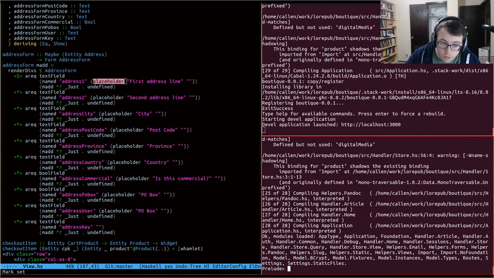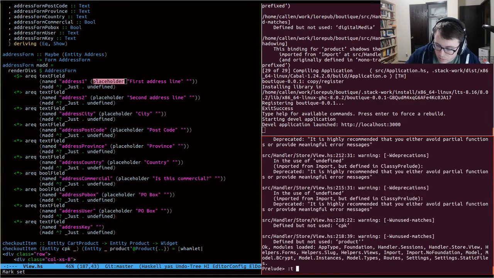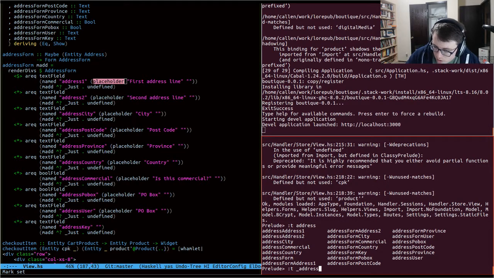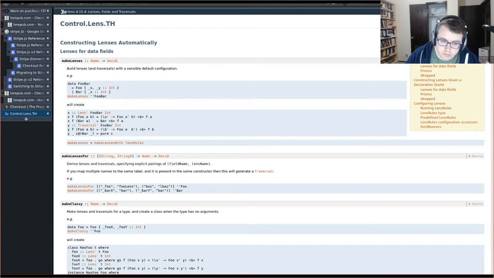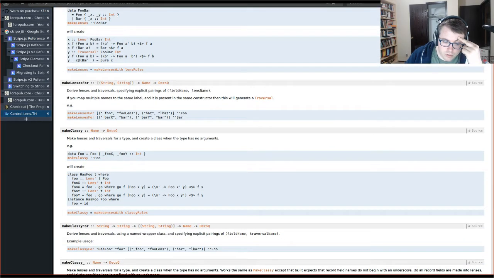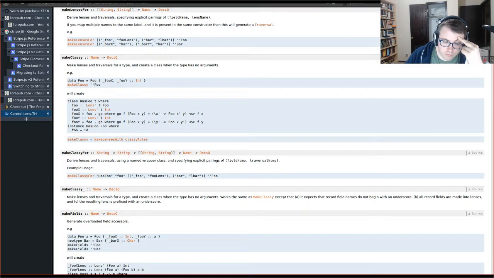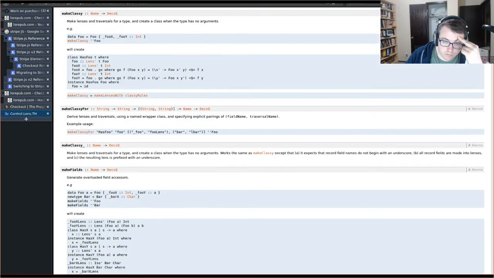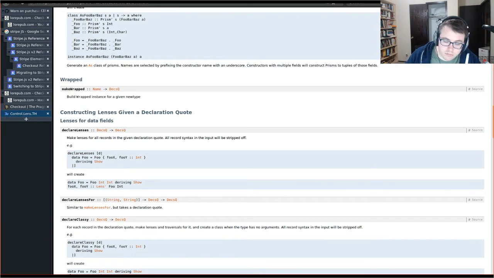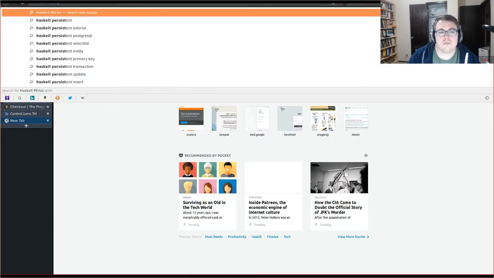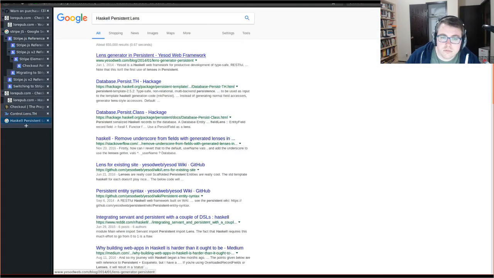Alright, so now what we're gonna do is load this particular module and see if we have some... right, no underscores. Yep. That's why I was using field